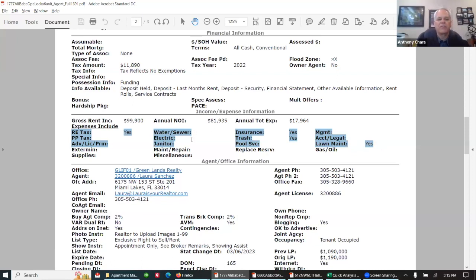So a couple things you have to be careful of is in most properties, number one, there usually is a common area meter for common area lights and things like that. Also, when the units go vacant, typically you want to have the electricity from the vacant units switch over from the previous resident to your name or your LLC's name, so that you can keep the electricity on in order